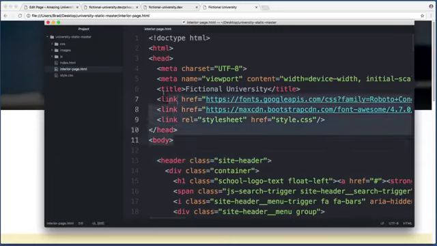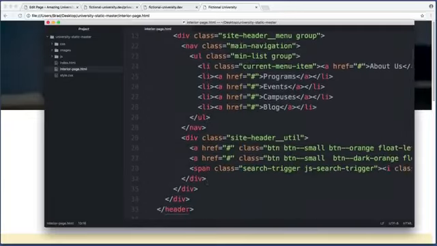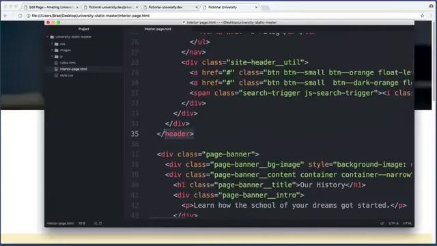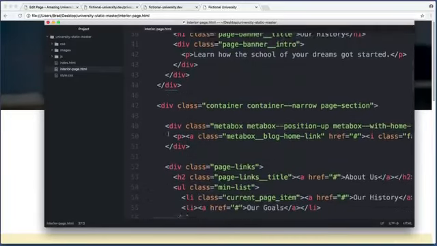All right, so towards the top of the file, right after the opening body tag, we see this header element, and we already integrated that in our previous lesson. So let's scroll down below that, and right when that header element ends, we see a new div begin that has a class of page-banner. So this is where we want to begin copying and pasting. So let's place our cursor at the very beginning, right before that div opens up, and then let's scroll down, keep scrolling,